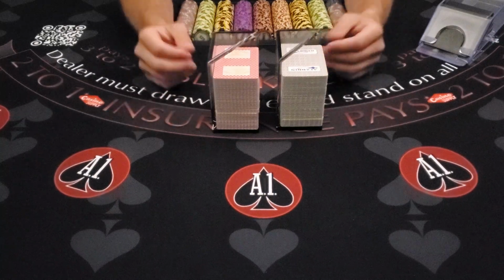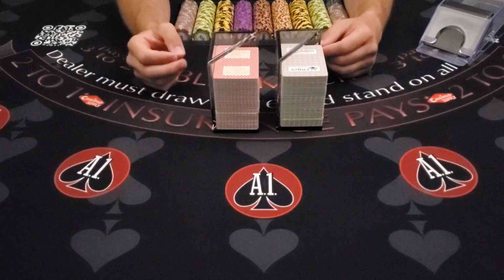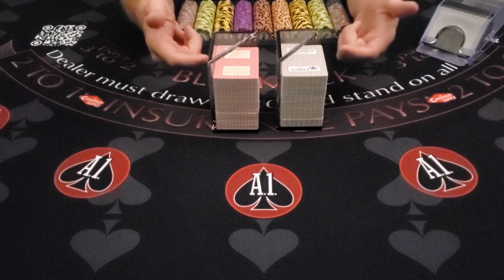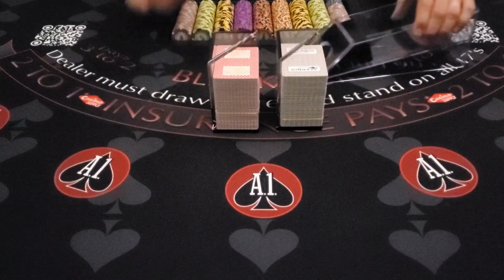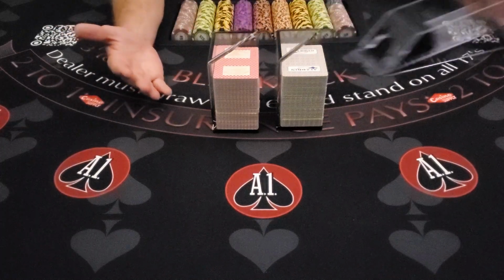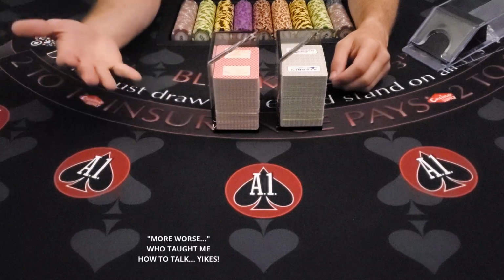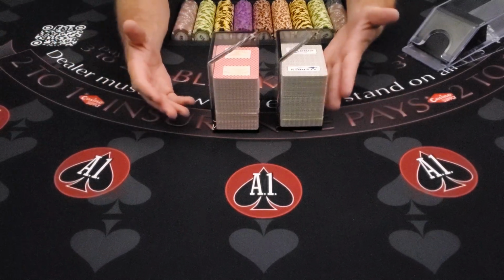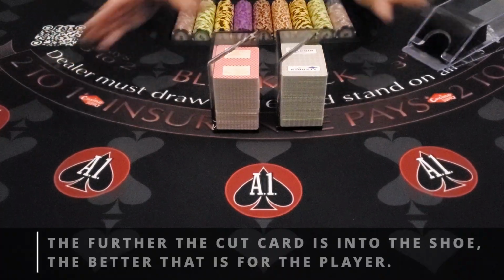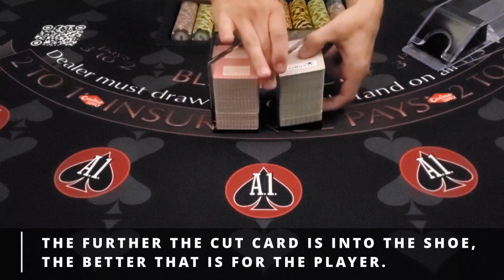Speaking of, this is one of the most important topics when it comes to becoming an advantage blackjack player, and that is penetration. The long and short of it is the further the cut card is into the shoe, when it's thrown into the shoe over here, that's better for the player. The further up it is, like this one, the worse it is for the player than one that's further down. So if all the games in the casino are the same, and you notice that different dealers are putting that cut card in different spots,